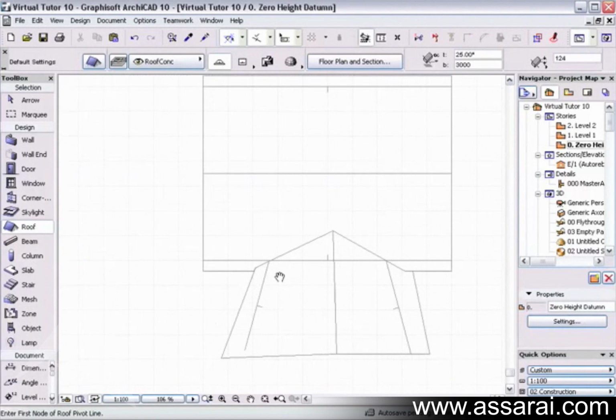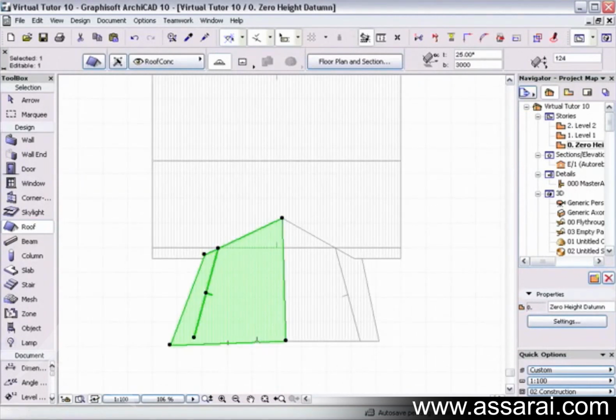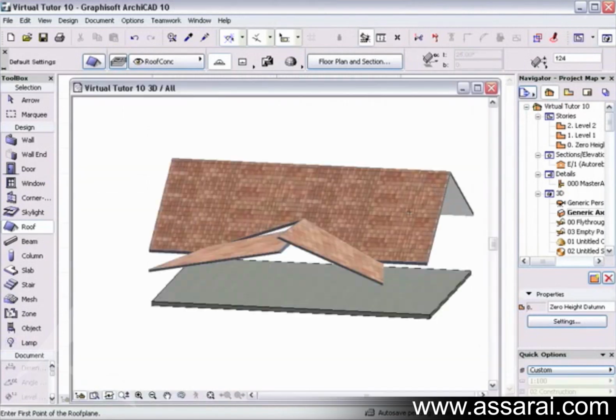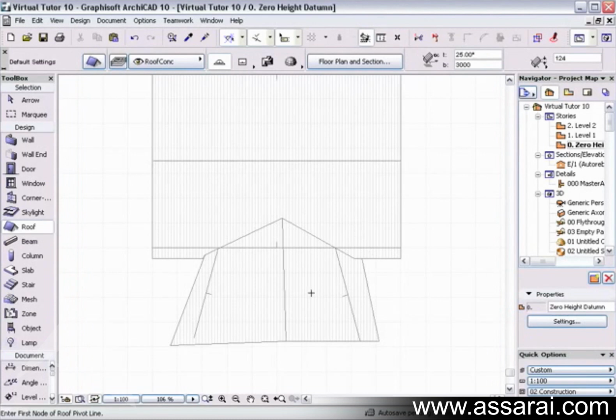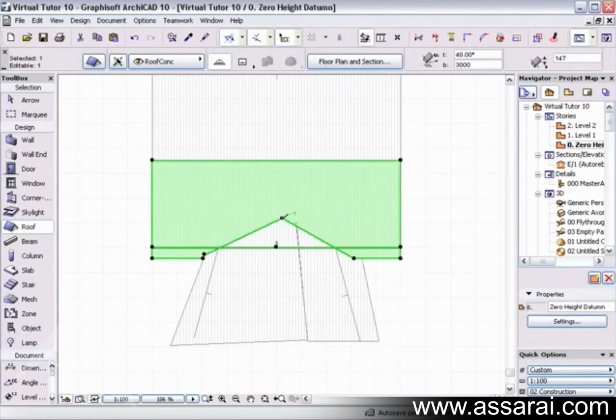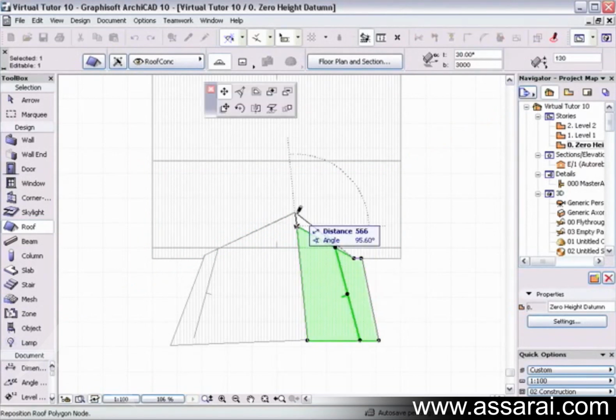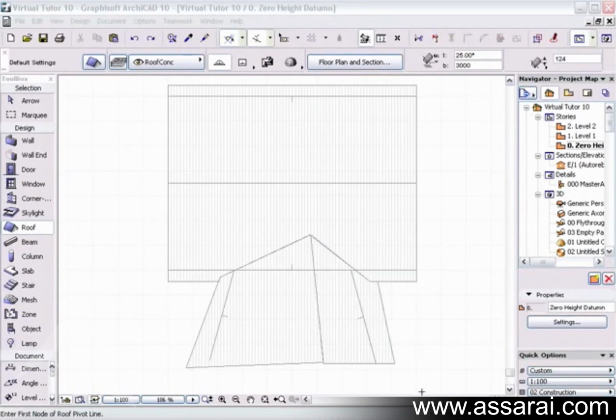So that's how you join a roof with different pitches and different planes, and it still works if I change the angle of this. Now let's just say I change this to 15 degrees. Now that roof plane's at 15 degrees, but if we go to the 3D window, of course, it'll be incorrect. So now I have to go back and go through the same process. I can left mouse click on the other one, deselect it, select that roof, click on that roof plane. Now I just need to adjust this, so I can take that up to that point there. This roof plane now needs to come back up to here. But now when we go to the 3D window, we can see that